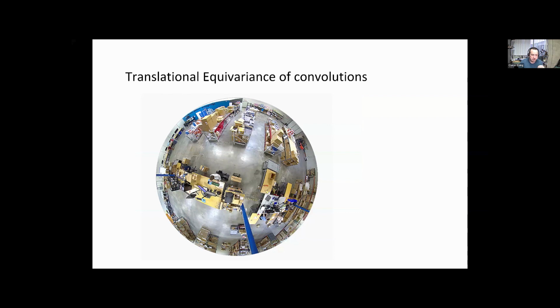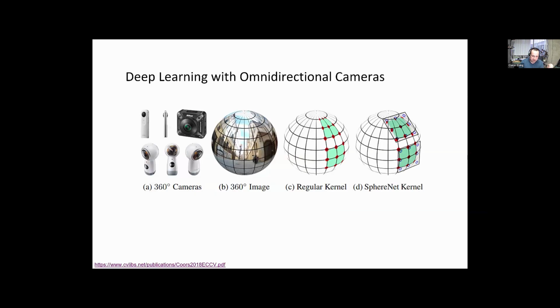Similar for security systems. Really, when you look at images like this, you realize that, as I mentioned, translation in the real world leads to rotation in the image. Because the translation equivariance in the image is essentially broken for omnidirectional cameras in many configurations, this is another equivariance that the network has to learn for omnidirectional. So we say the network is going to have to learn the translation equivariance now. So there's no good way to use translational convolutions to analyze spherical images, but the research community has obviously stepped up,